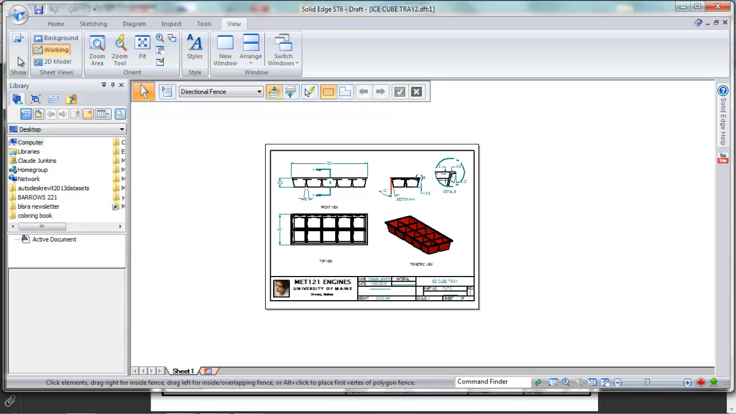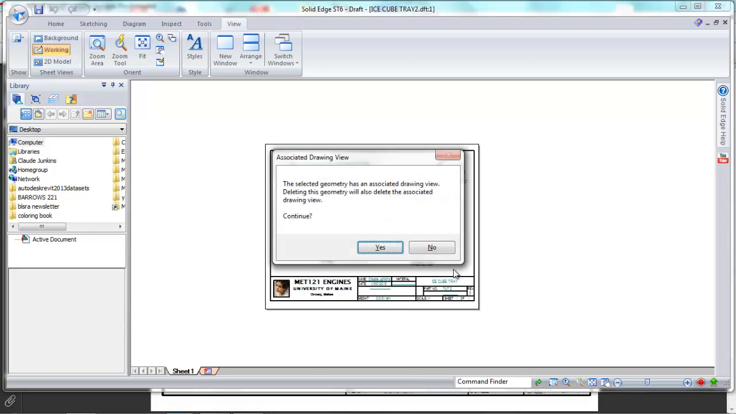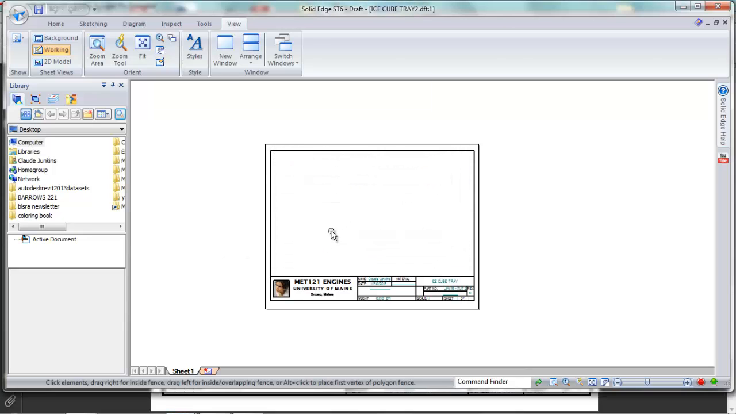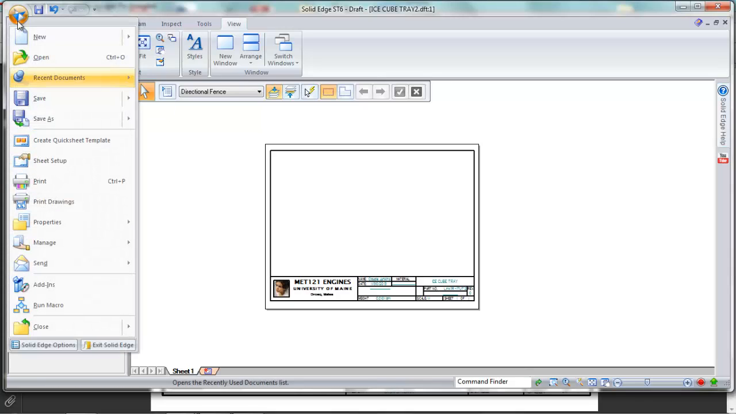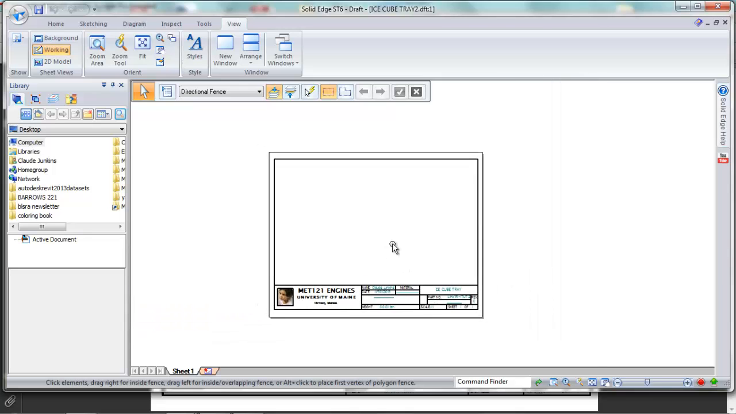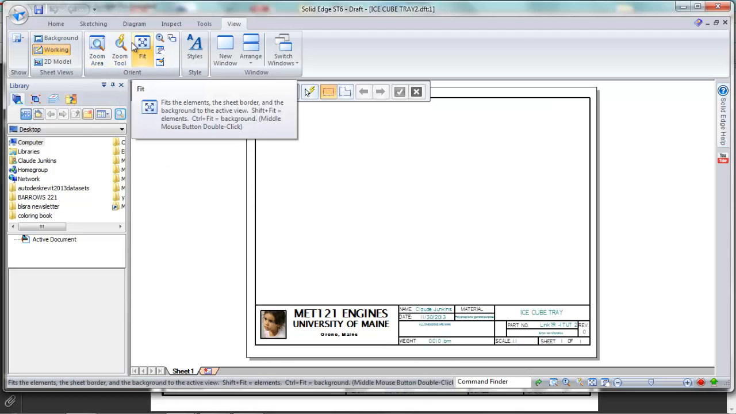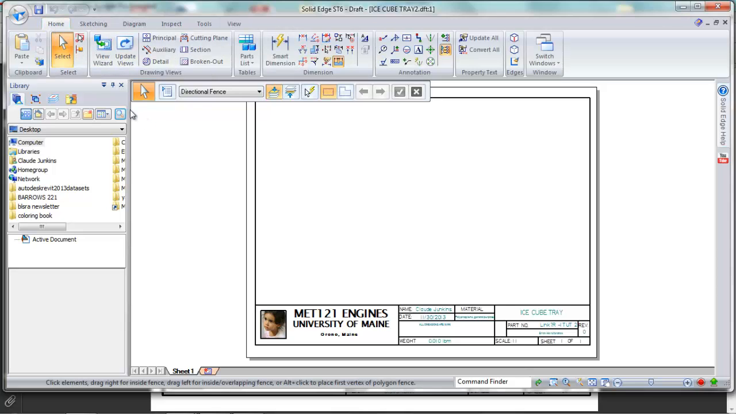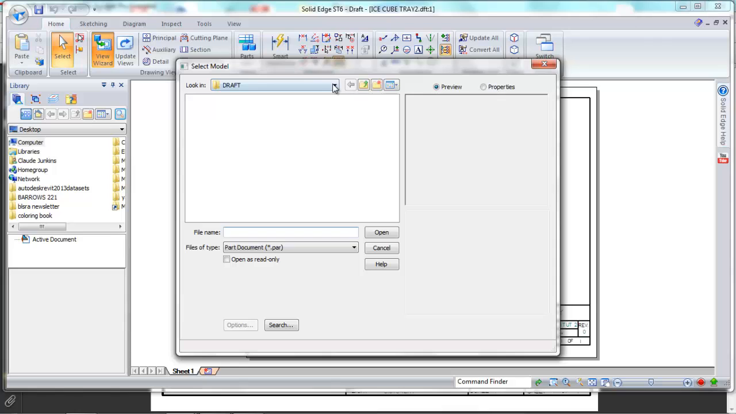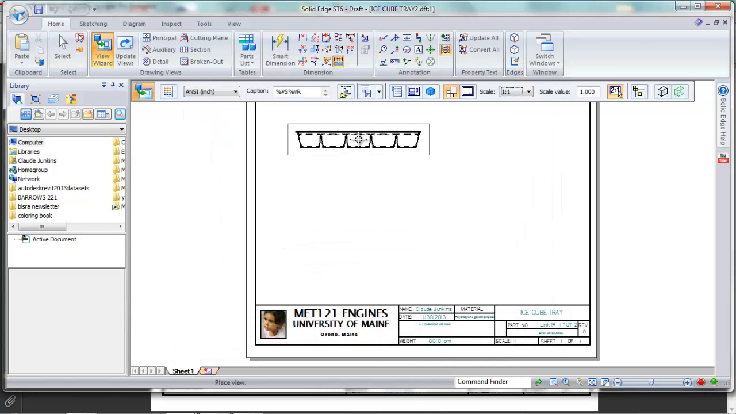This has a bunch of stuff, but I'm actually going to delete this. This is just our standard title block material. So I'm going to do a file, save. Still has the ice cube tray in there. Okay. Then we go back to our home file. I go to my view wizard. Select my homework part, ice cube tray. We'll say open. I want this, I'll take this front view,